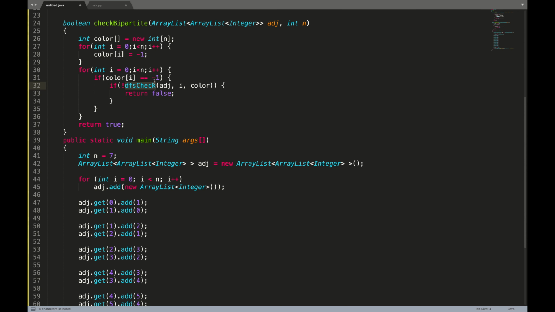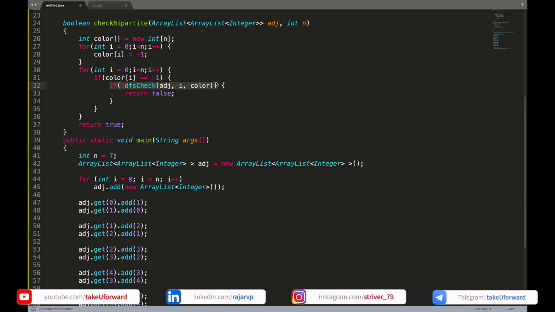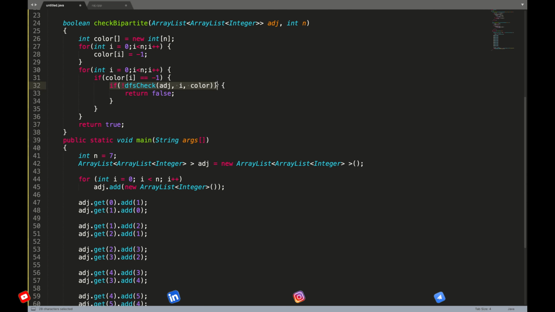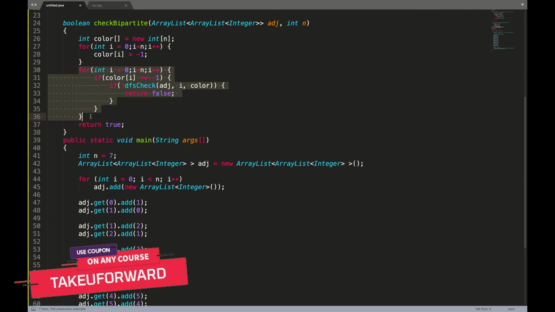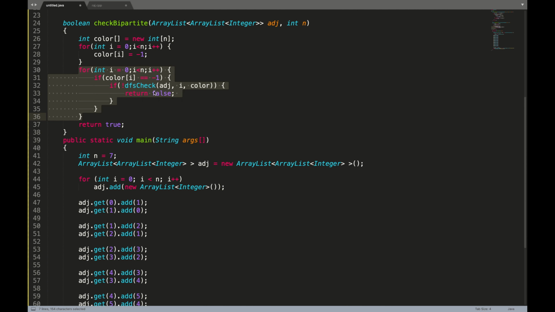And if that DFS check returns a false, I will return a false. What it means is, if out of all the components, any of the components returns false, that means the entire graph is non-bipartite, right? But if after traversing all of them I never got a false, I can return a true, saying that this graph is entirely bipartite because none of the components came out to be false.